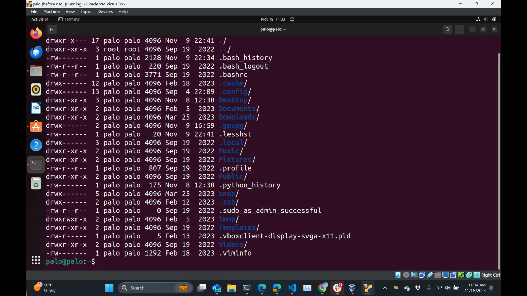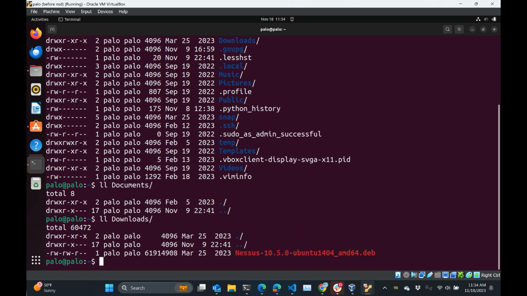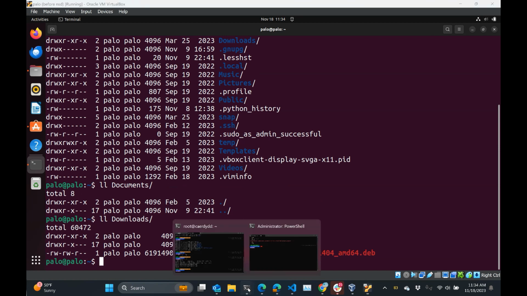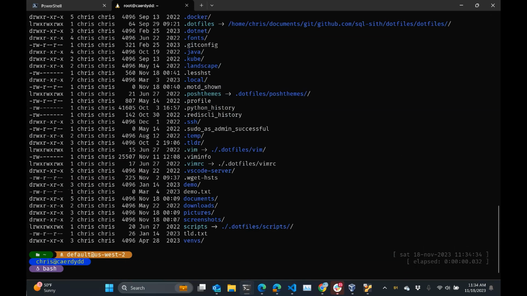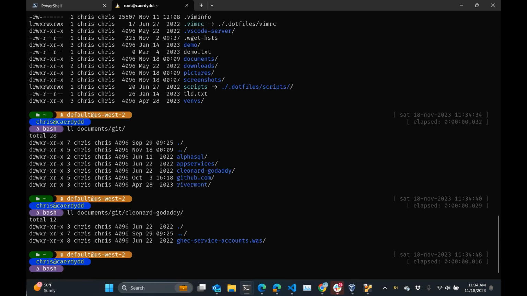let's see again where I am, or what do I have here? Anything in documents? Oh, well, that's no good. Anything in, I'll probably have something in downloads. Not much. Who are these people? Let's go here. This looks more promising. Okay, so I've got a few repos, right? One of them is C Leonard GoDaddy. Yeah, okay. So